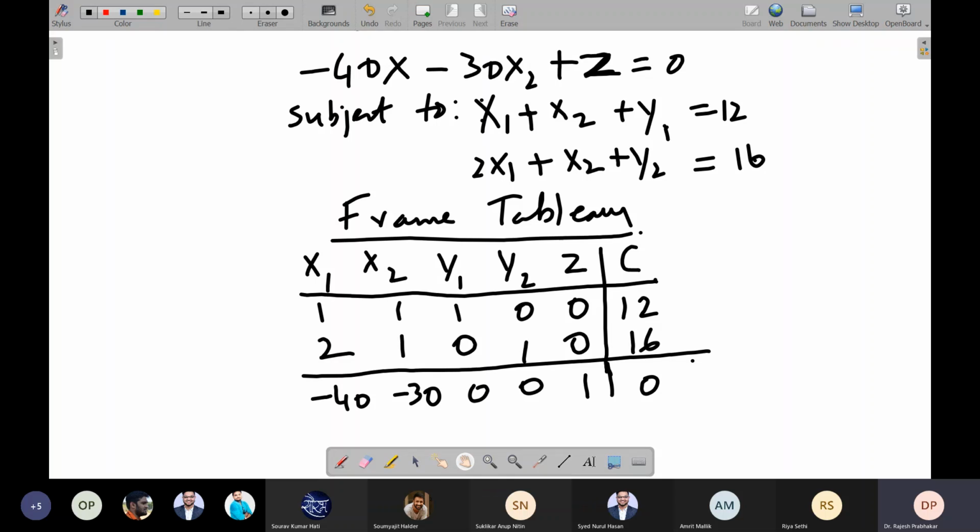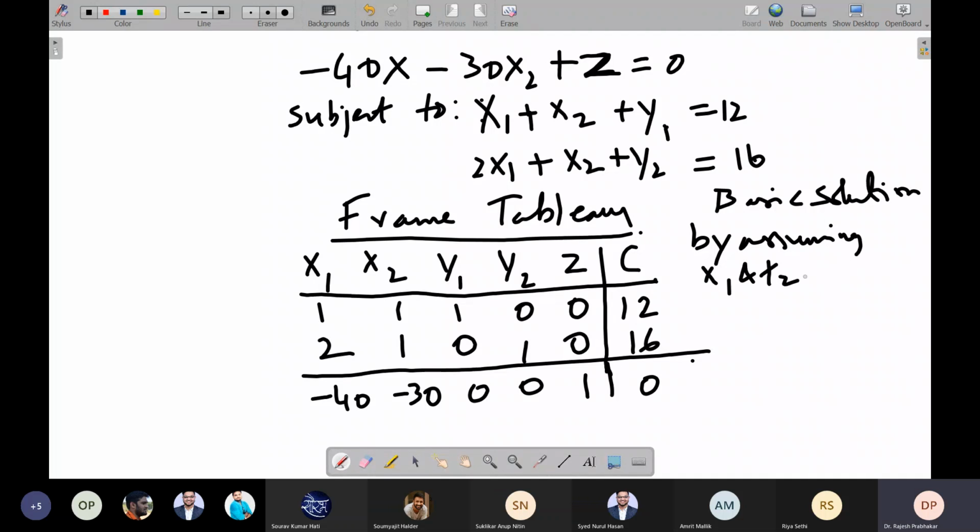Now, in this case, we have a basic solution already available. Basic solution by assuming x1 and x2 as 0.